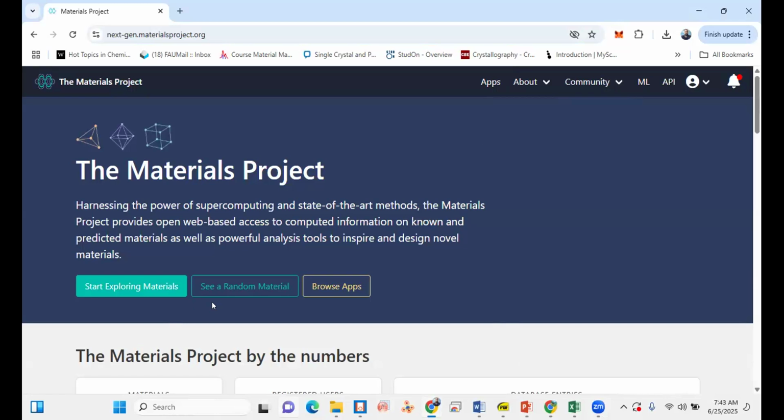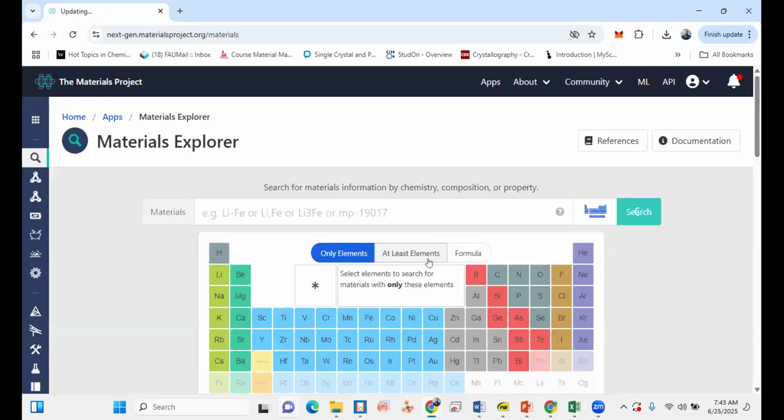So always we have to take care about the material. I will start exploring material from Materials Project, and you can use any database, Crystallography Open Database or any other one.